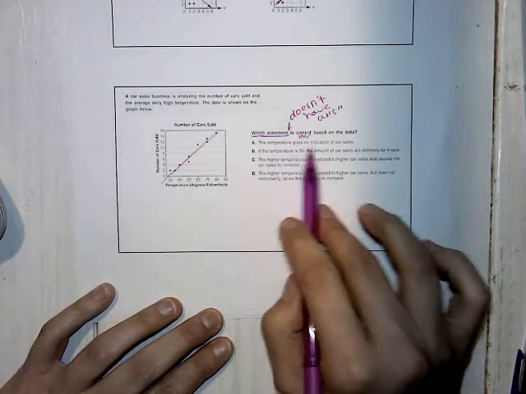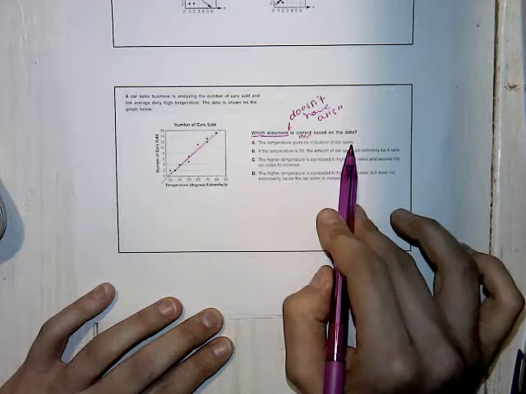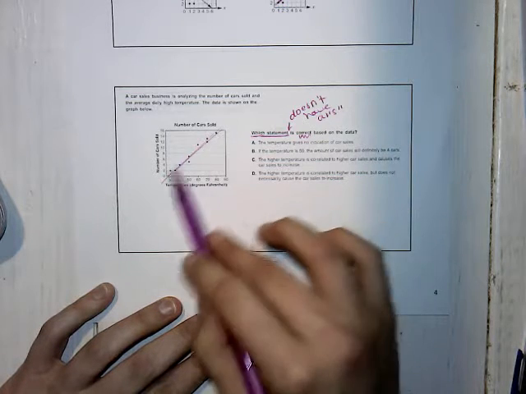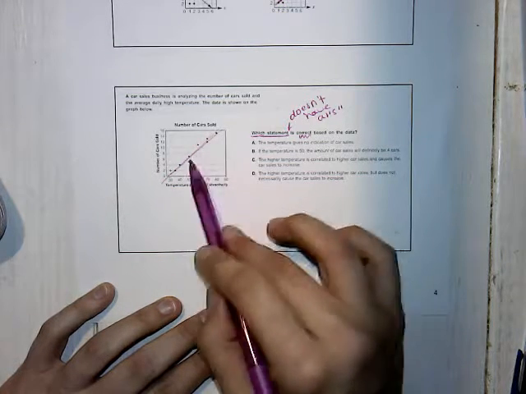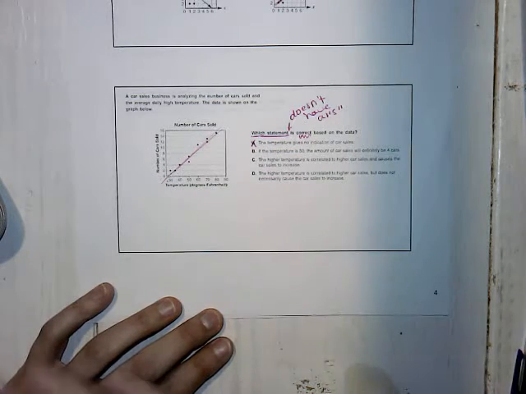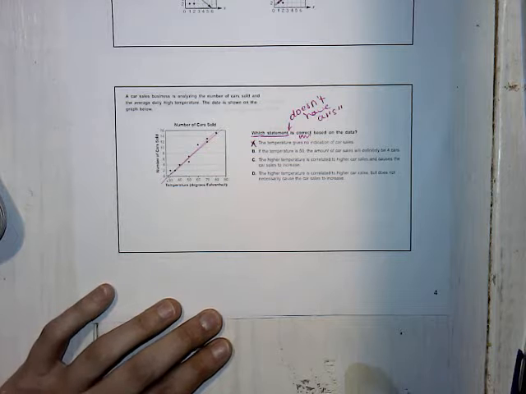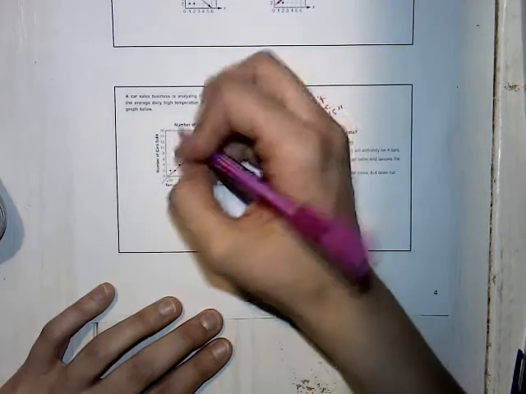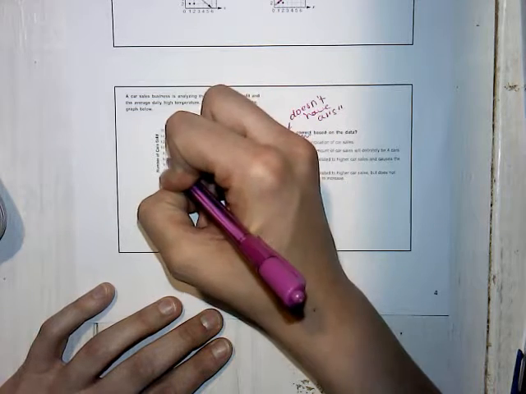Well, the temperature gives no indication of car sales. Well, there's definitely something that's going on. There's definitely some correlation here. So that doesn't make sense at all because there is something that's going on with higher temps and higher car sales there. If the temperature is 50, the amount of car sales will definitely be 4 cars. So if you're following this up and over,